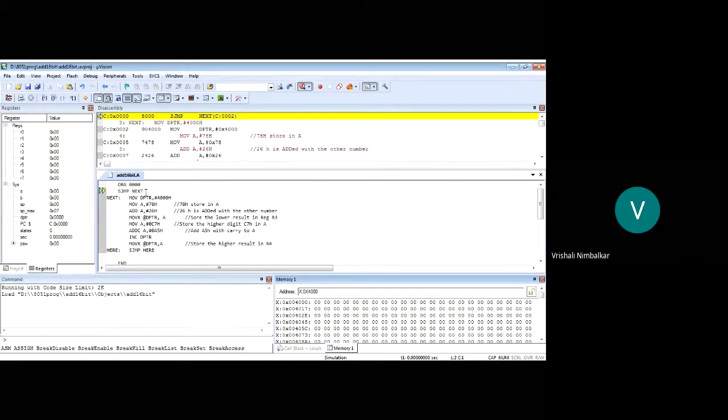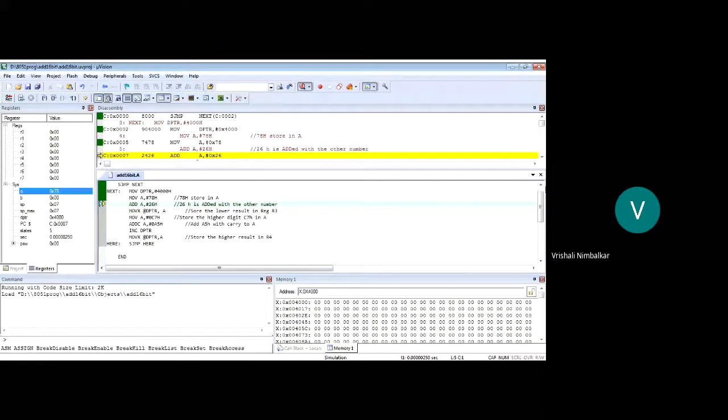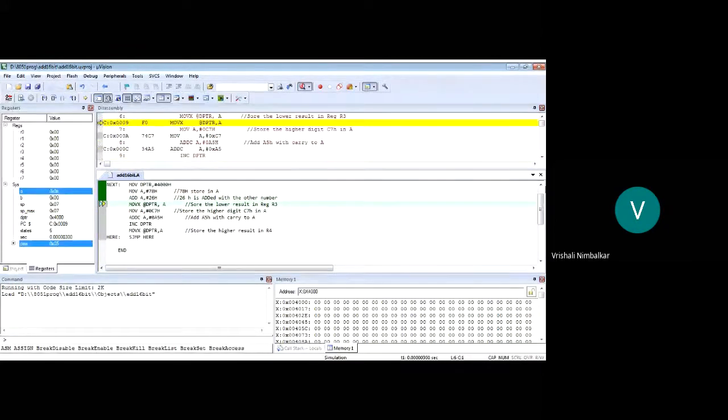Okay. Now we will execute the program one by one. DPTR is loaded with 4000. See, students, it is highlighted in blue. Next, accumulator 78, addition is happening. The answer is 9E, and that 9E will be stored in memory. See, students, F11.